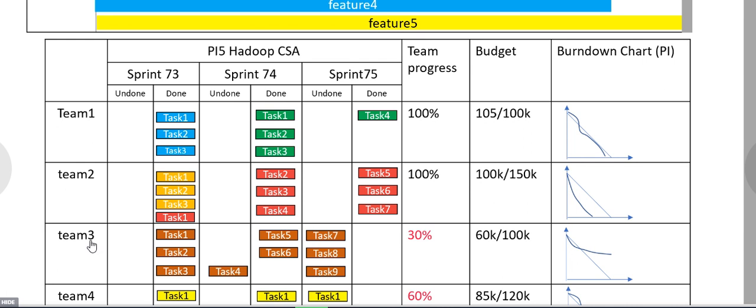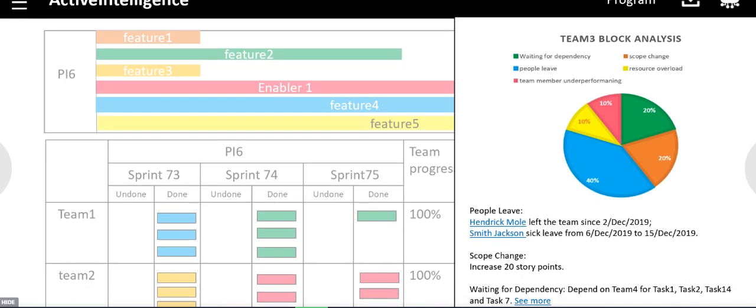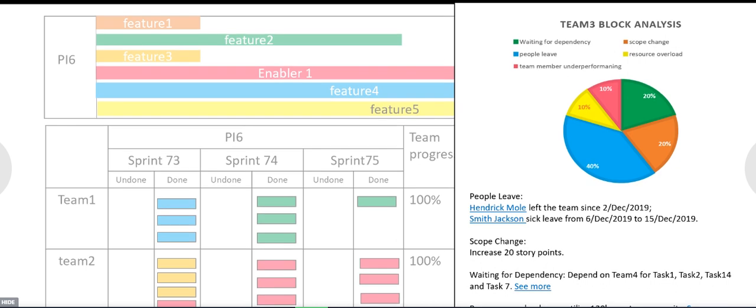So we can also call it a story for different features. Now he sees that in team 3, the team progress is only 30%. So the question for him is why it is like this. He goes here and we are doing the block analysis, showing why it is 30%. As you can see, we have created a pie chart showing that